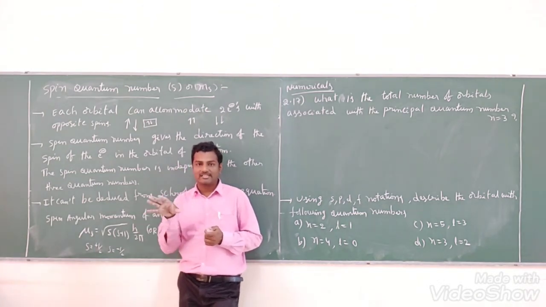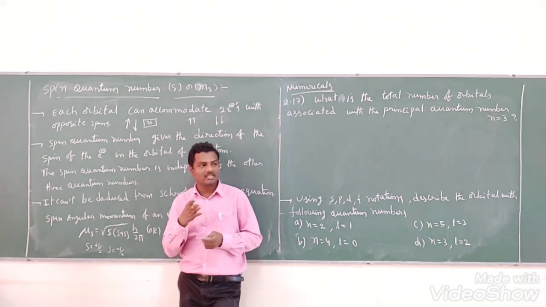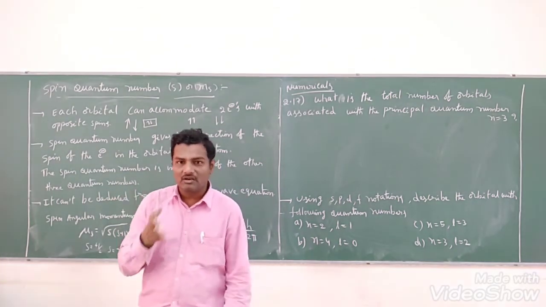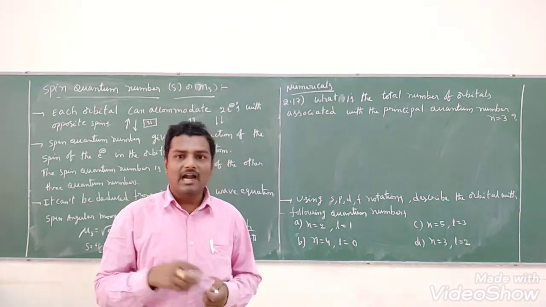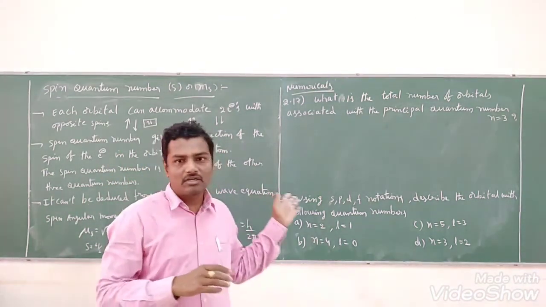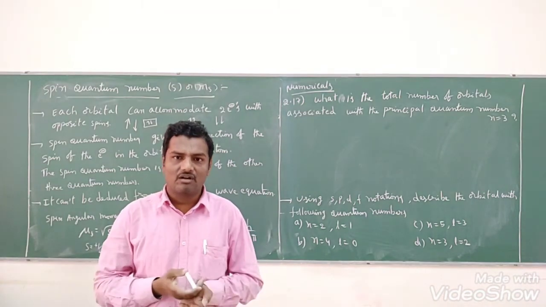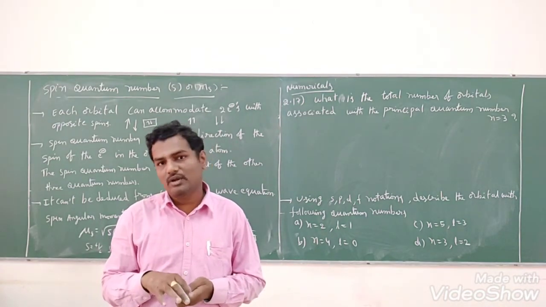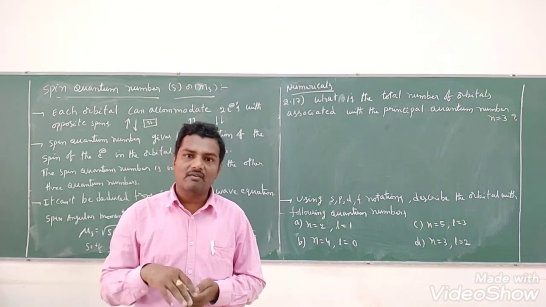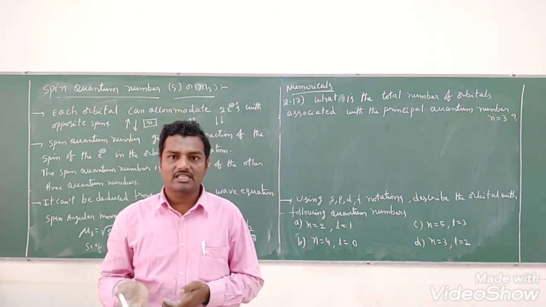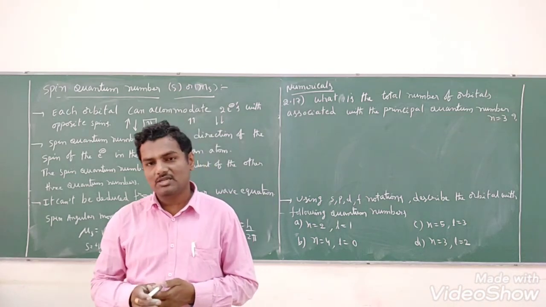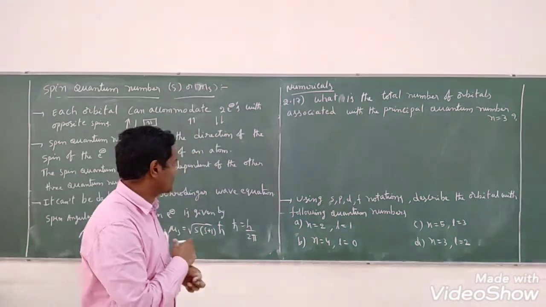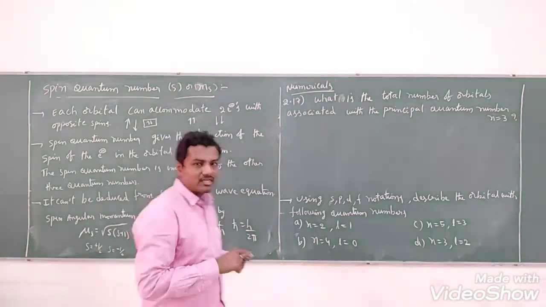Okay, along the axis, that is the coordinate axis, whether the spatial orientation is present along the x-axis or y-axis or z-axis, like that we can say, right, students? And the spin quantum number gives the information about the spin of an electron, the spinning of an electron around its own axis, whether it is in clockwise direction or in anti-clockwise direction. Clockwise direction is plus half, anti-clockwise direction is spin quantum number represented with what? Minus half, students. So these are about quantum numbers.